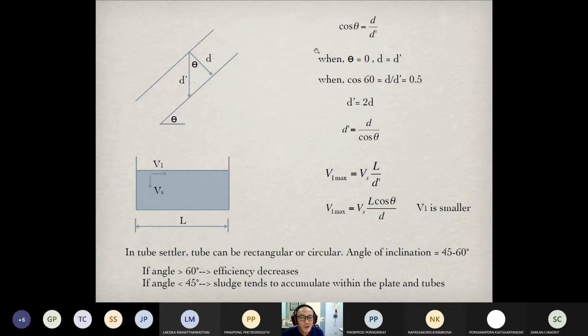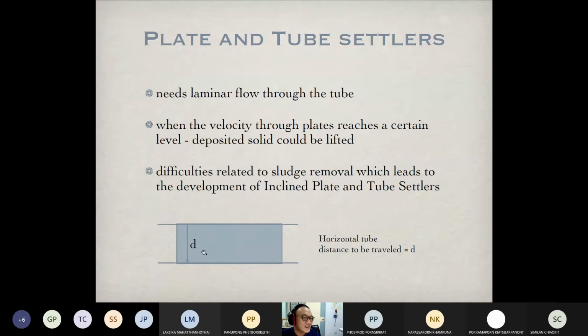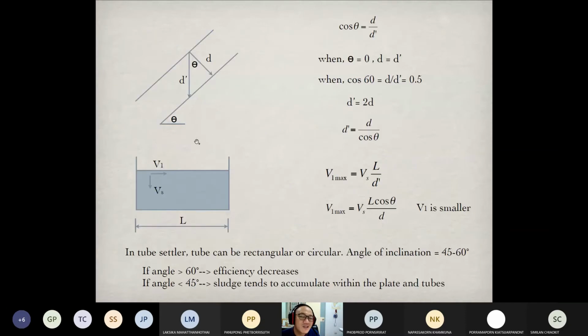And we can derive the mathematical relationship: cos theta is equal to d divided by d dash. So if theta is 0, it comes to these conditions. But if it's not equal to 0,